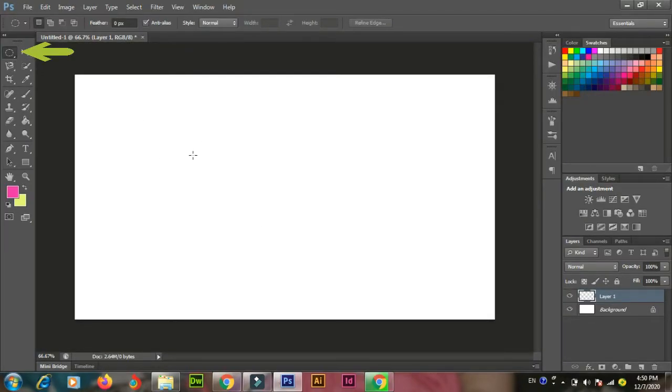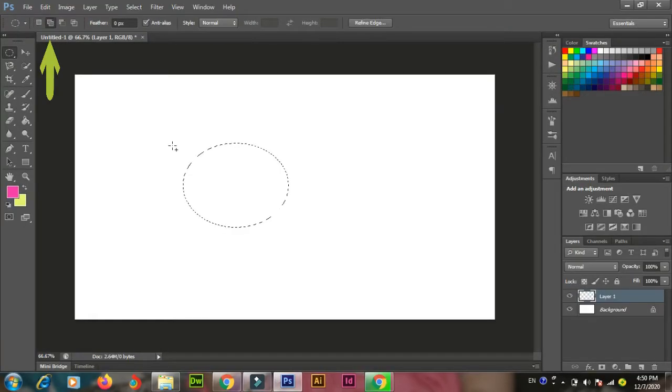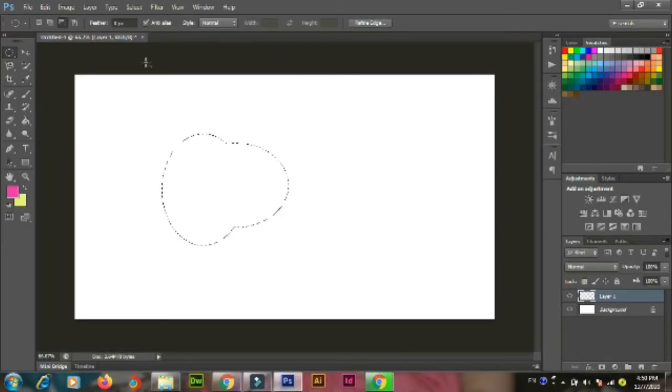And from here, in the Marquee tool, we select the ellipse and draw an ellipse with the mouse by just clicking and dragging. If we click and drag, we can make any selection. As you see, when I draw a new ellipse, my previous ellipse disappears. And if you want both ellipses to be shown, then click on this option, Add to Selection. When you click on this and make another ellipse, your previous ellipse will not be deleted and both will be merged.